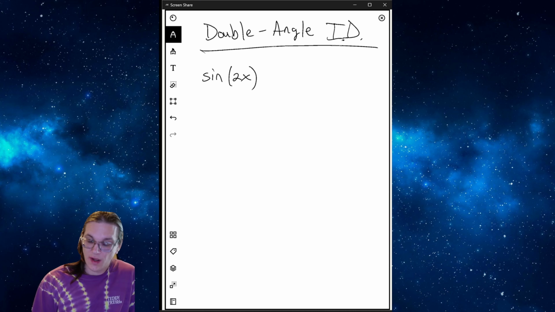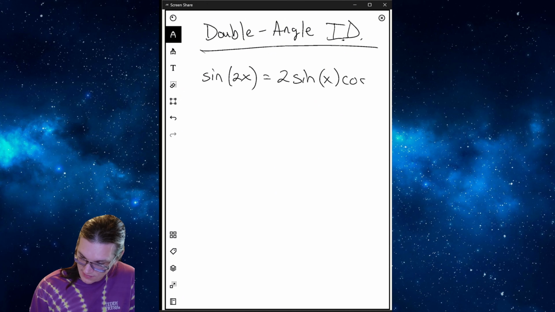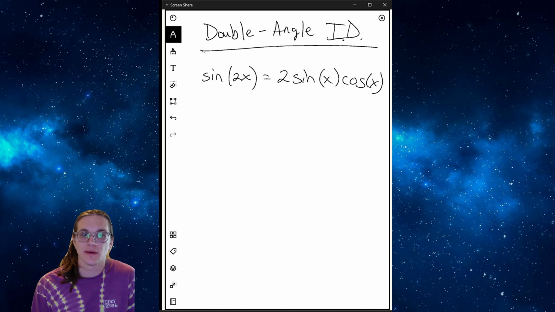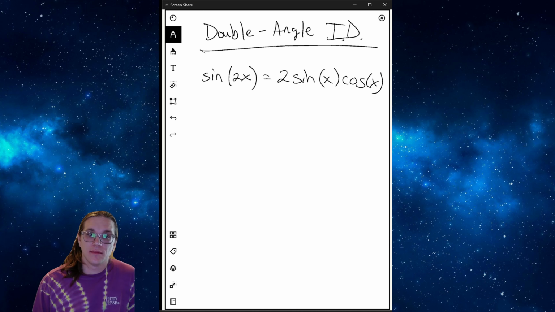sine of 2 times x is always going to be equal to 2 times sine of x cosine of x. I'll be honest, I don't really want to write these parentheses, but I just feel like it's better for learning, but I never write them, and I'm only writing them now to be a good teacher. Okay? Again, this can be proved, or if you don't feel like trying to memorize this, I showed you on